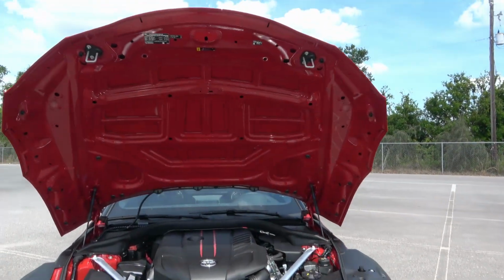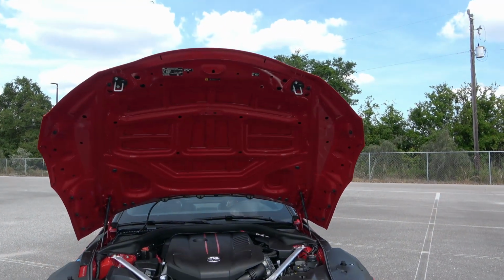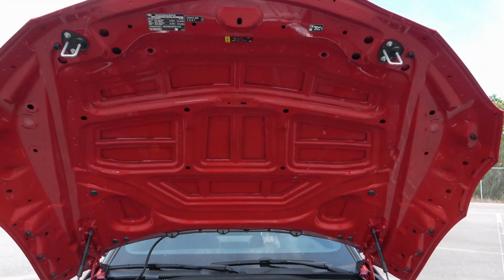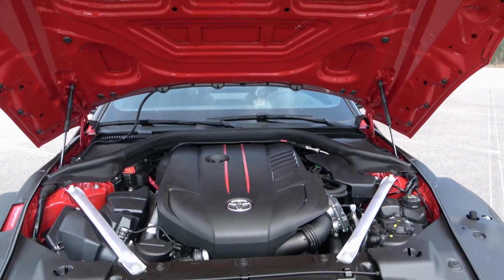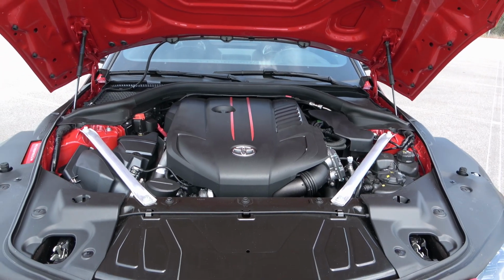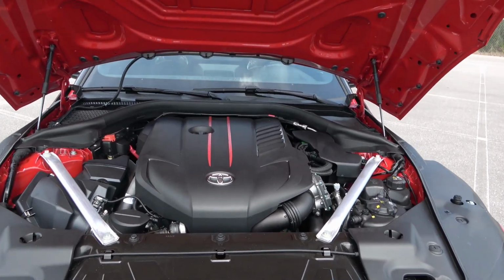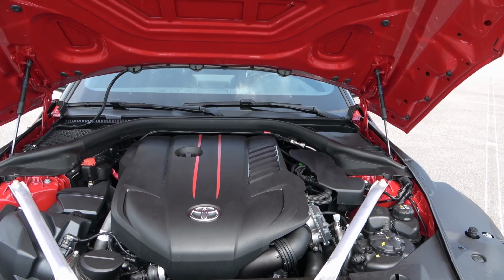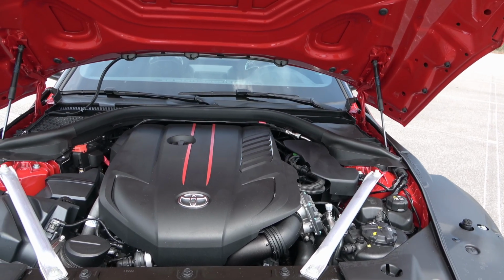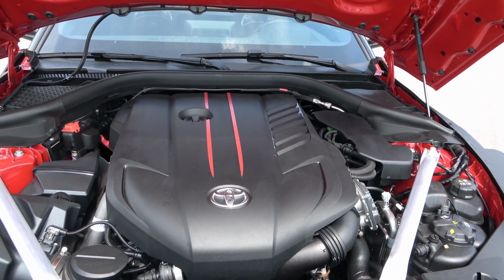Let's check this out, guys. Before we look at the engine itself, take a look at this hood. It's massive, it's huge, and this clamshell design makes it look like we're getting underneath a gazebo or something. Of course, it's held up high by these nice hood struts on both sides, and you can see a lot of bracing for added rigidity and better performance on this vehicle. But the engine itself, take a look how long it is, and that is because this is a BMW-derived 3-liter inline 6. It is a twin-scroll single turbo engine producing 382 horsepower,